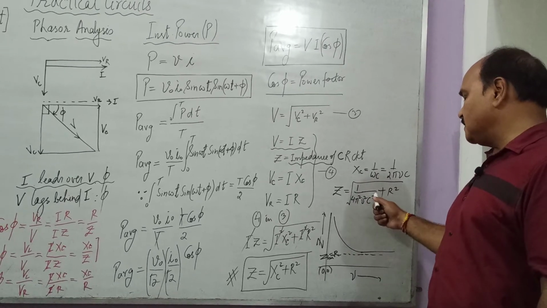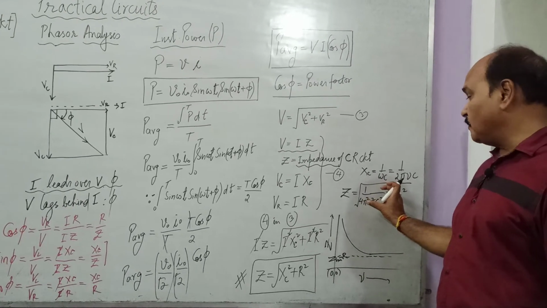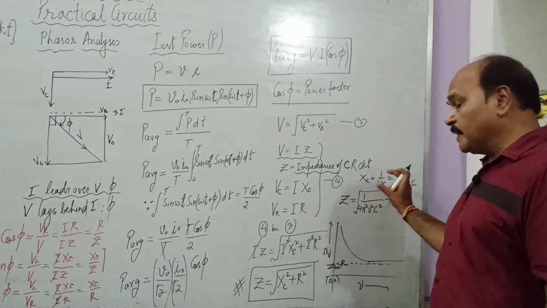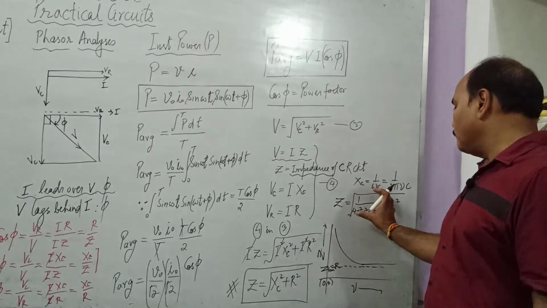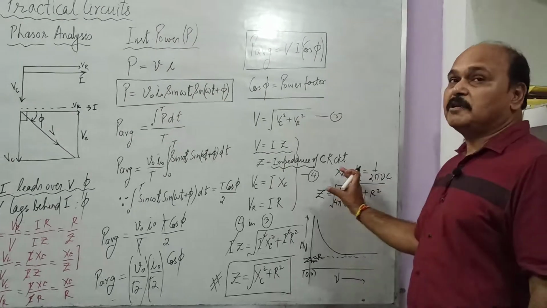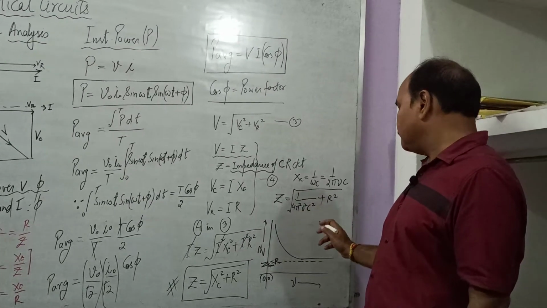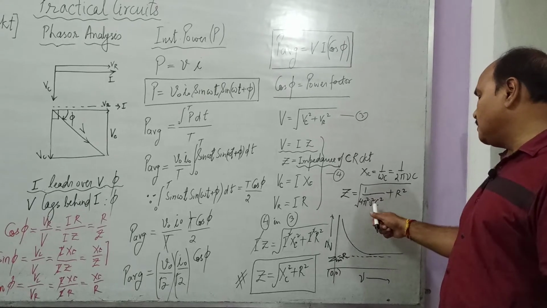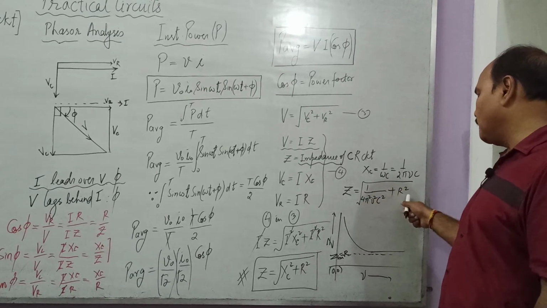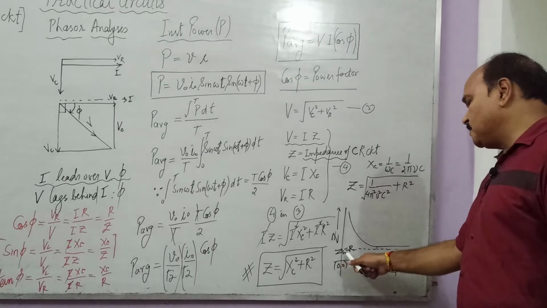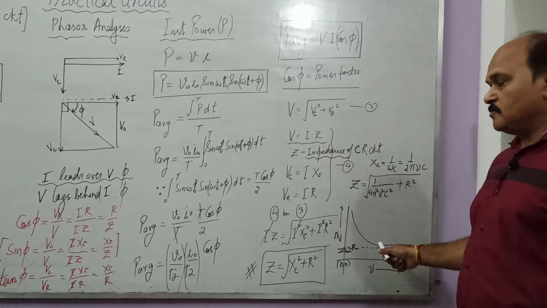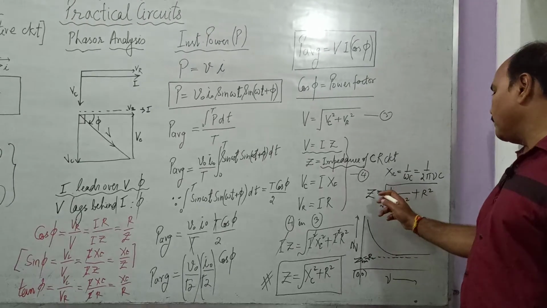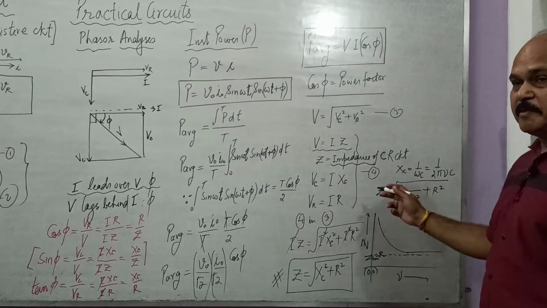As the value of frequency increases, this term becomes what? Finite. This term becomes finite, and of course the overall value decreases. It is no more infinite. So as the value of frequency increases, this term decreases, therefore the value of whole Z decreases. And when the value of frequency becomes infinite, this term becomes 0, Z becomes equal to R. So when frequency is very, very large, Z becomes minimum and it becomes equal to R. So this is the graph of Z versus frequency, and it is the graphical plot of this mathematical relation as explained to you.